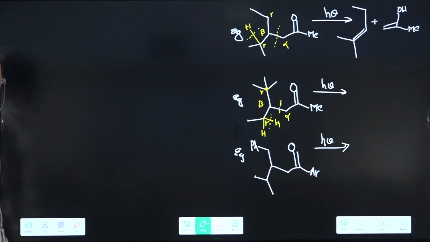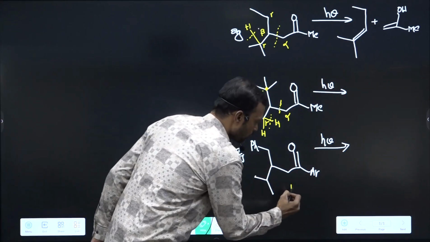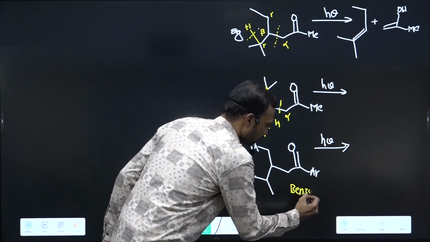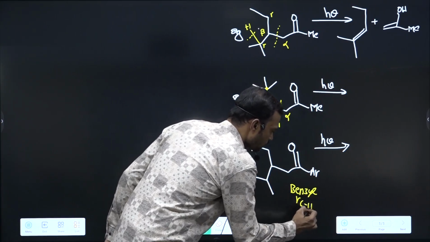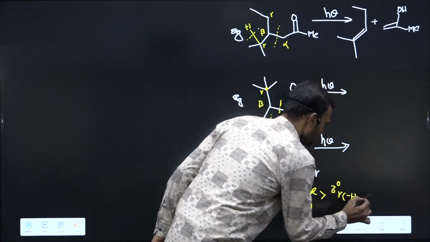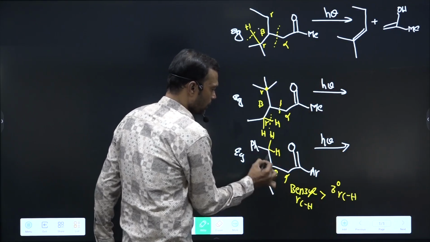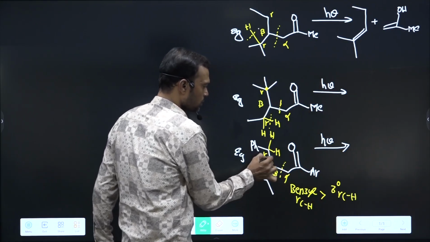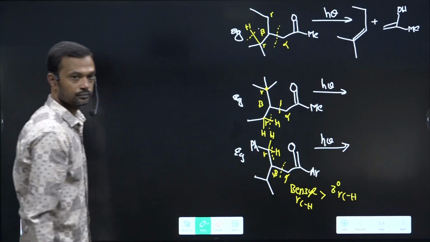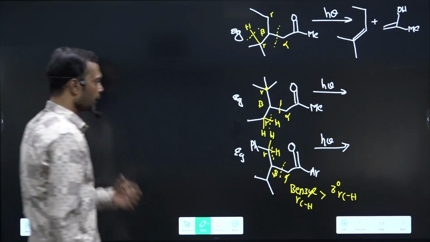So between benzyl and tertiary, which is preferred? Benzyl. Benzyl is more preferred as compared to tertiary. Benzyl gamma carbon hydrogen is more preferred over tertiary gamma carbon hydrogen. So you need to break here alpha, beta, gamma. Break this bond and break this bond. If you break above hydrogen,